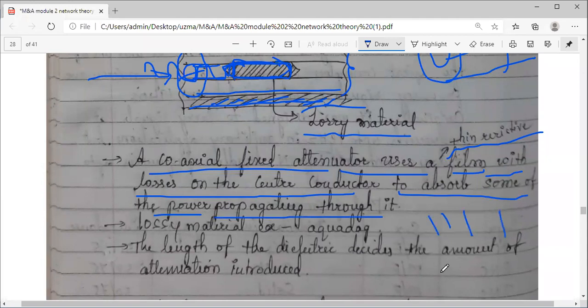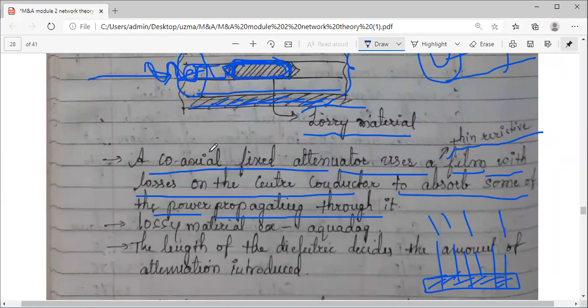Okay, it is something like when it's raining, if you keep a lossy material, in the sense it has that characteristic of absorption, it will absorb some amount of the water droplets. Something like that, whenever a wave travels and encounters this particular resistive film, it has a characteristic of absorption.